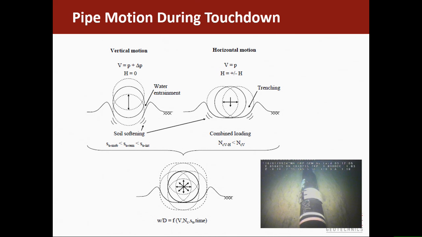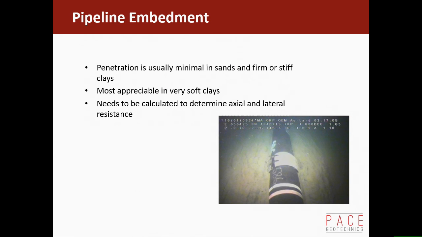It's basically displacing the soil and pushing it out over. If you've got harder seabeds, you get very little penetration generally. So the embedment is really a thing for soft clays,